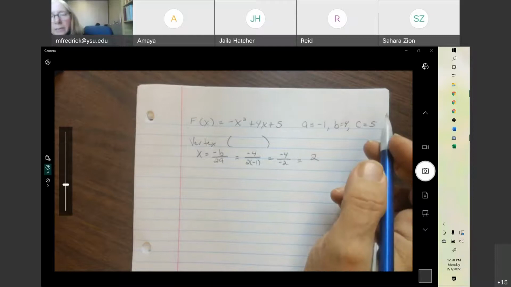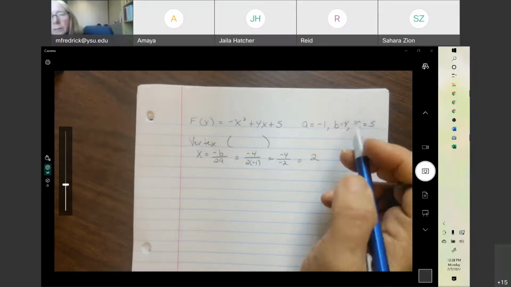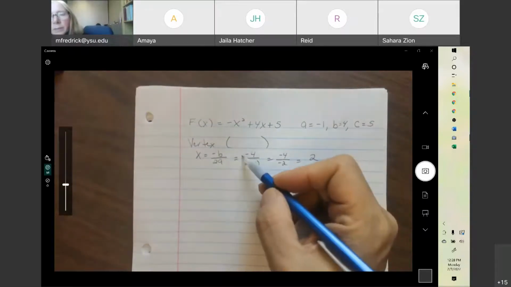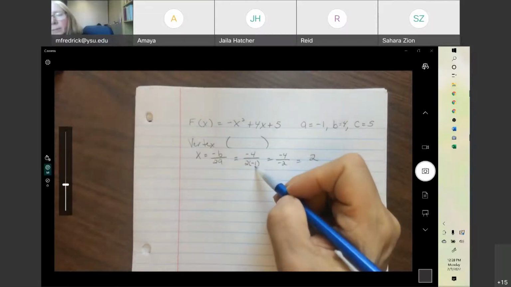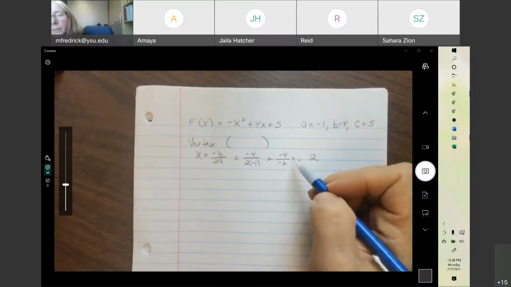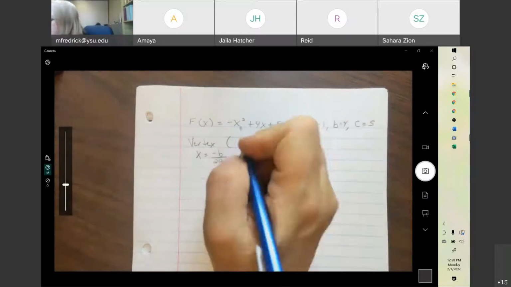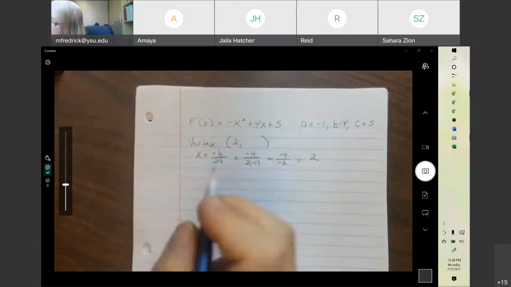Getting 2 for the x value. B is 4, so it's -b, -4, over 2 times a, which is -1. -4 divided by -2 is a +2. Then to plug it in,